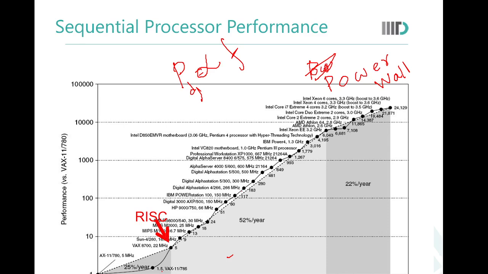So far we were getting more and more performance because the processor was running at faster and faster frequency. If you closely look at these figures, you see that here the processor was running at a few tens of megahertz, and then increasingly faster and faster. Here we see 500 megahertz, and then 1.3 gigahertz, 3.2 gigahertz, 2.6 gigahertz, 2.8 gigahertz, and so on.